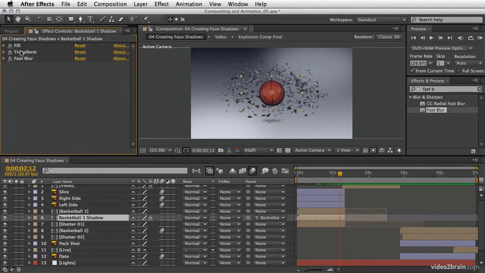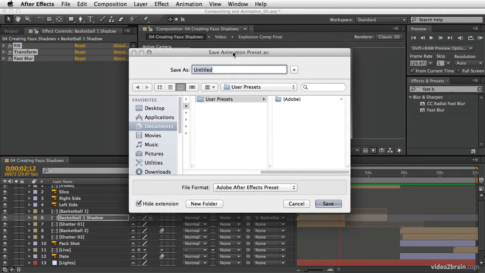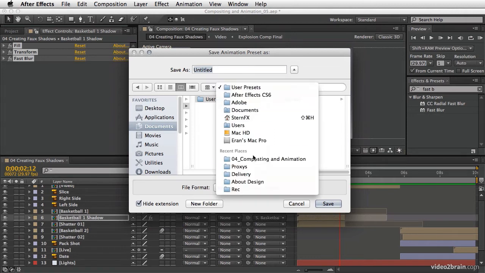And then I'm going to grab all 3 and release them on top of the effects and presets panel. This will prompt you with the opportunity to save these effects, all 3, as an animation preset. It will also probably point you to the user presets folder on your hard drive. But since I want to share this effect with you, I'm actually going to save it